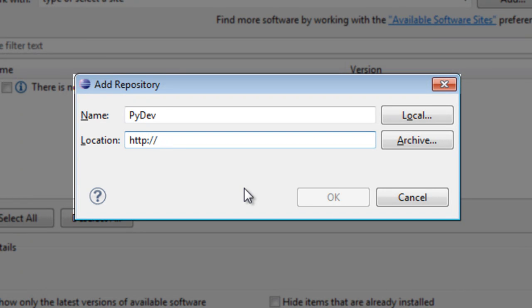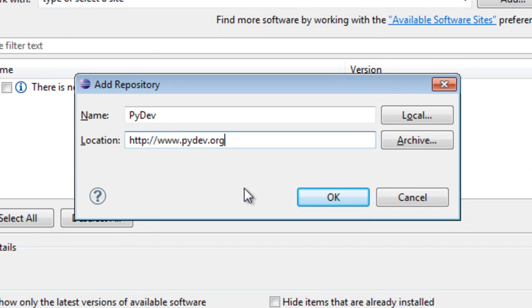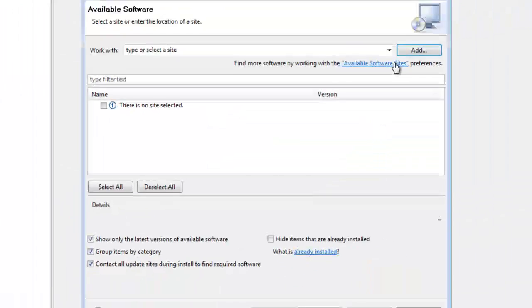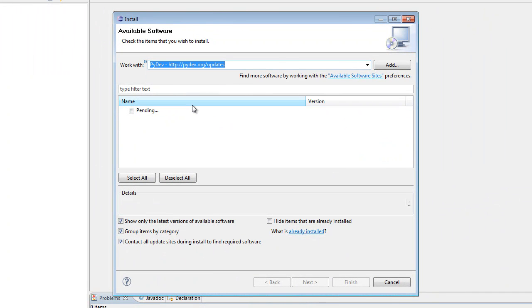It's pydev.org/updates, and I already have this location here, right here, and you can see pydev.org/updates, and it's gonna return these two